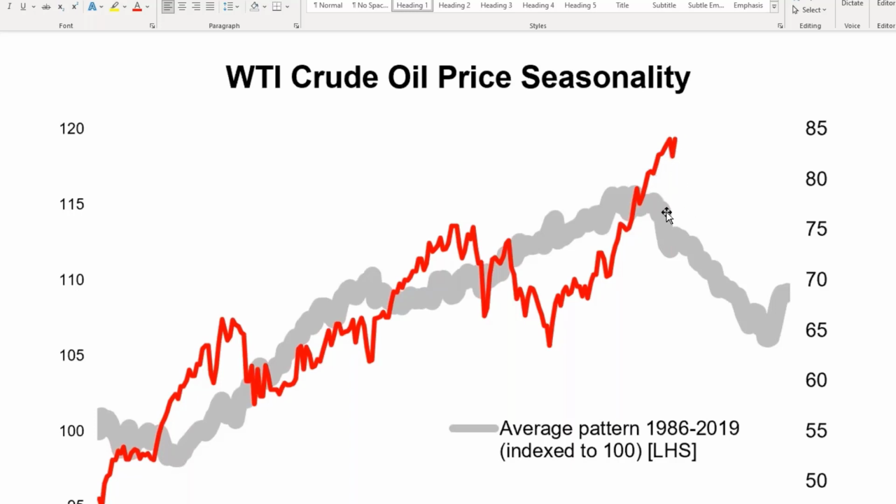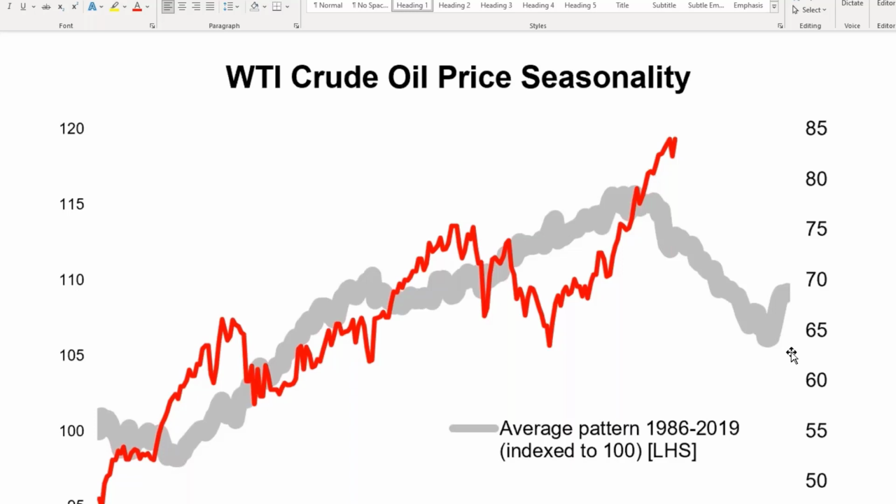But what I wanted to point out to you is seasonally, this is the weakest time of year for crude oil, and here we are. We're still going up, but this is coming into the winter months, you know, driving season and all this sort of thing. Apparently, it's been mild in the States, and so the driving season is extended and things like that. I don't understand fundamentals of this at all, but I just want to warn you that we're coming into